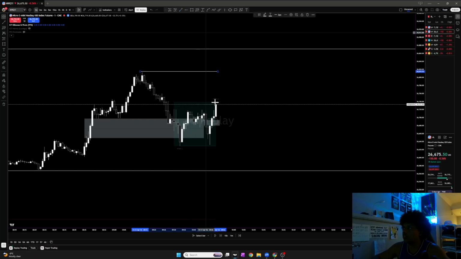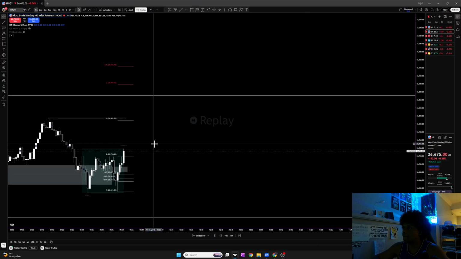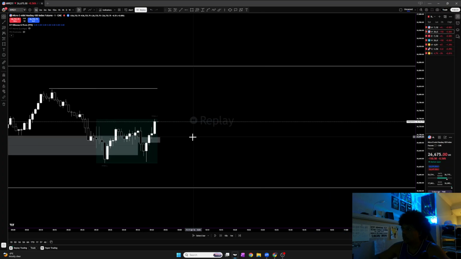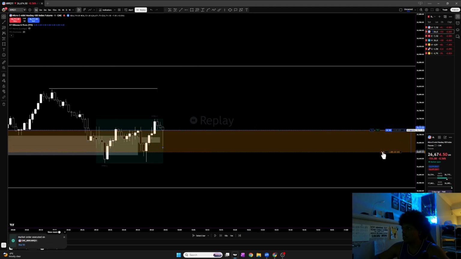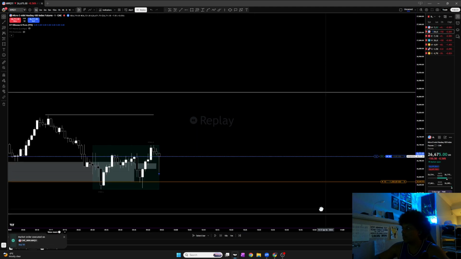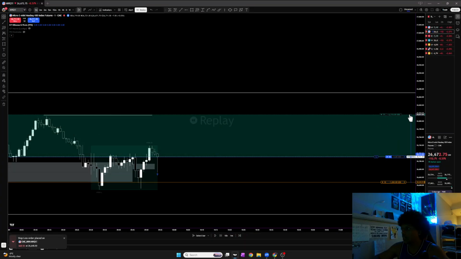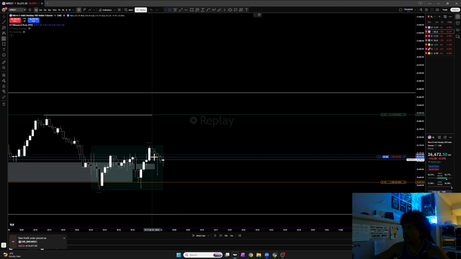And all I need to do is just wait for the setup. So the safest place to target is this high right there. That's what I'm gonna do. So once price comes back into that fair value gap, that's where my entry is. Having my stops exactly below that fair value gap's third candle low, and then going to target that high right there. Not gonna take any partials because I know for a fact that the story is gonna go up